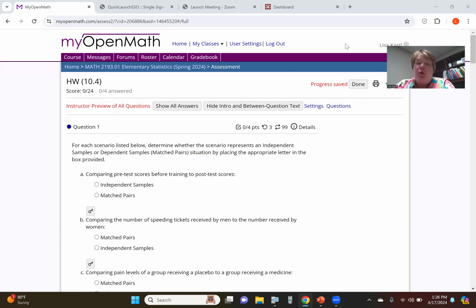So section 10.4, we are looking at data that's paired meaningfully. So for example, if you're looking at a pre-test or a post-test, that kind of information, you want to see if there's a difference post as opposed to pre. So we're looking at matched pairs of data. So for example, if we look at question 1,